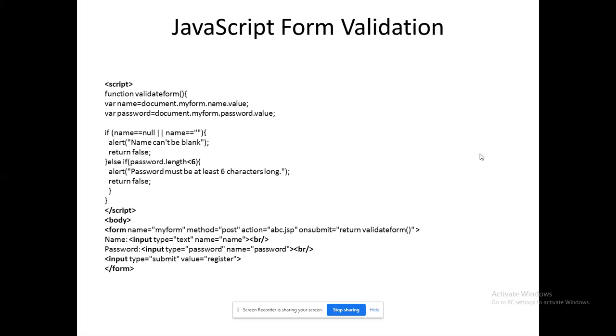As well as when I'm going to supply my password, the string should be at least 6 characters. If it is less than 6 characters, again an alert message will be received, right? So by satisfying one condition only, it will go to the next condition. The values in the name and the password are retrieved using the first method that we have seen, document dot form name dot control name dot value, right? So likewise they are retrieving the values of name and password from the text box and password box. So a very simple validation mechanism is being shown to us.